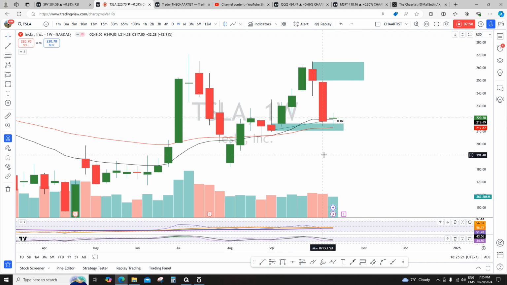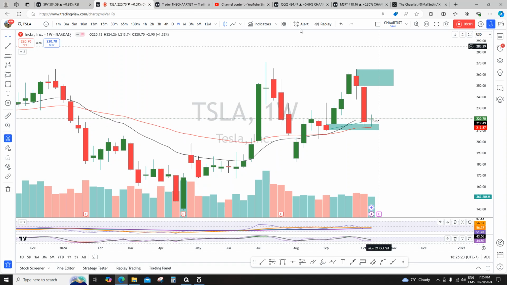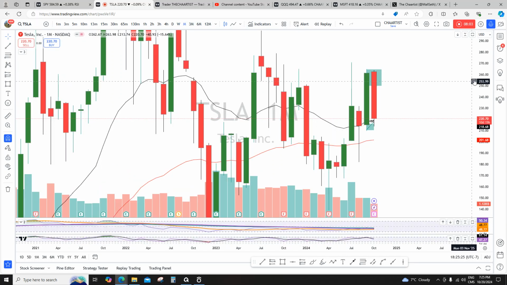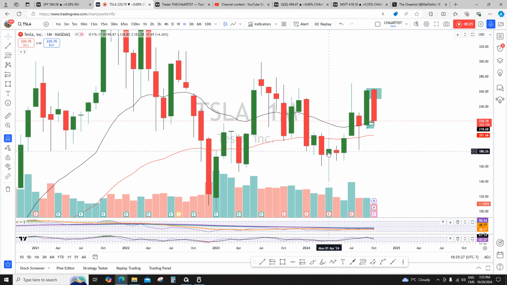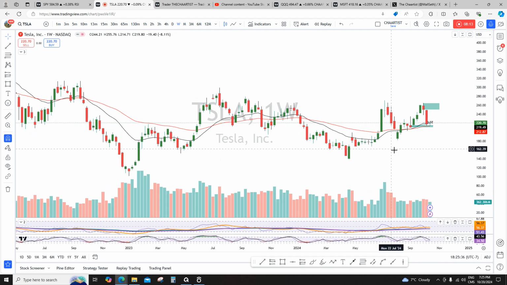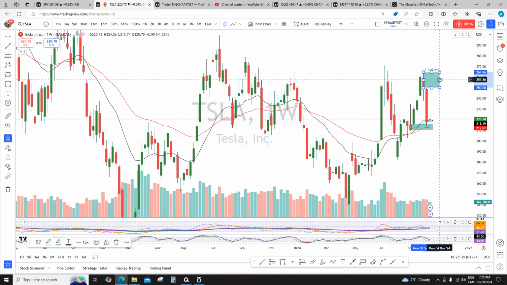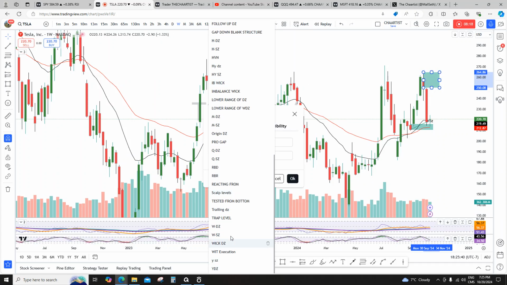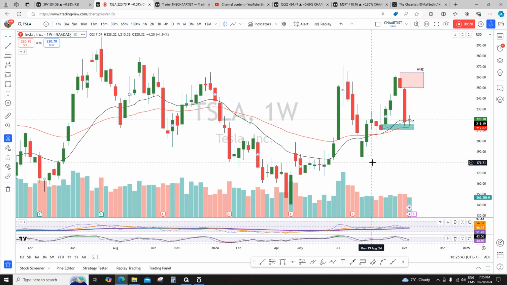One more thing, the top down approach should be very, very clear. This is inside monthly demand. This is working and suppliers are breaking. This is multiple time tested. I've explained all this structure very clearly. Now this is fresh selling. I'll mark it as a weekly supply zone. This might stop the price for some time. Again, you need to observe the whole market as well.